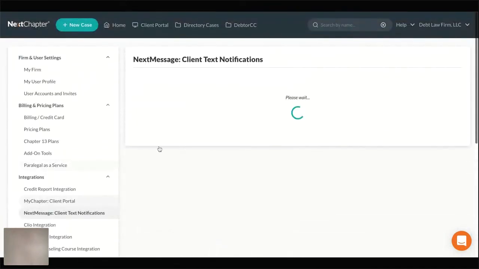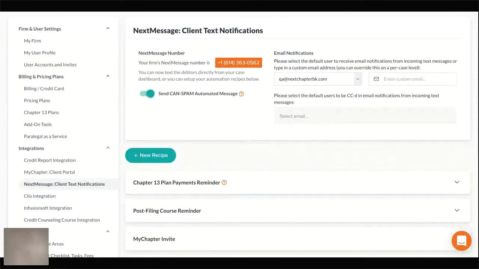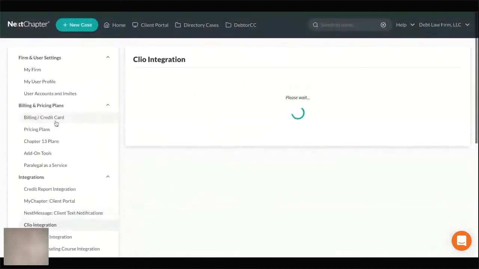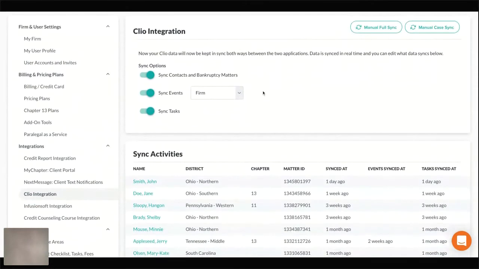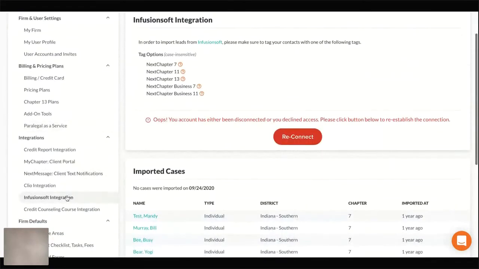And the Next Message is another feature we have where you can text your clients directly from the case, and that is $300 a year for unlimited cases. And then the next tab is CLIO Integration. So this allows you to integrate with CLIO if you use that. And then we have an InfusionSoft Integration as well,